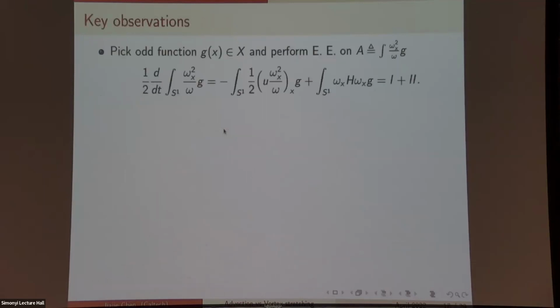The first thing we try to do is, instead of estimating that quantity, we choose a function g in this class, an odd function g with these sign properties, so that the integral is positive pointwise. Since omega is 0 at the origin, it induces a singularity in this quantity, but g can cancel it. So now this quantity is pointwise positive and well defined. We think this is a good energy, but g is still to be determined. On the first term, we still have this conservation form. In the second term, we have this quadratic form.